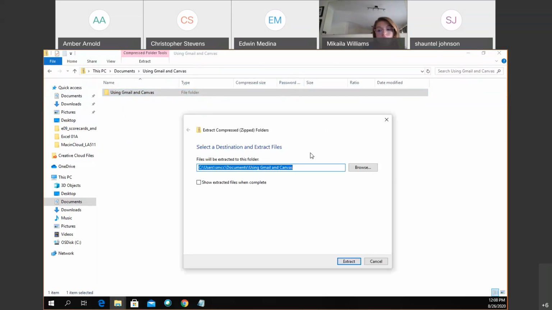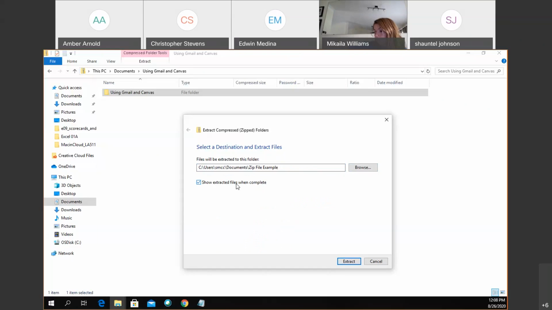The reason for that is because I can choose here by clicking browse where I want it to go to, if I want it to go to a specific spot. It'll automatically be in the same folder that it's in, and then create a new folder based off what that compressed file was named. But you can make changes to this too if you want to. I could call this zip file example if I want to. I can also, like I said, browse through my file explorer and find a new location for it. But I can also, after I'm done with that, deciding where I want it to go to,